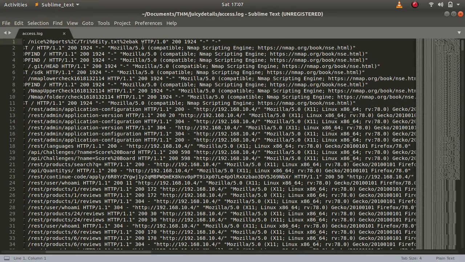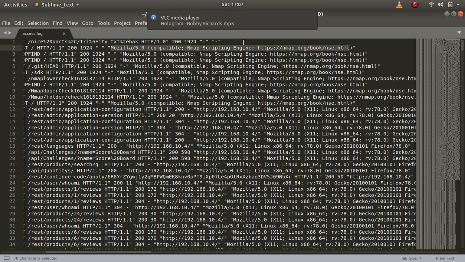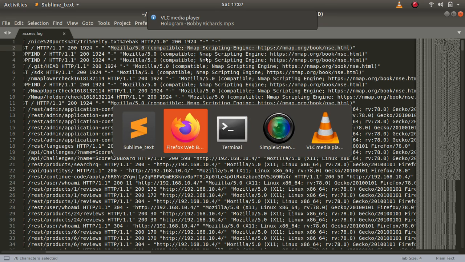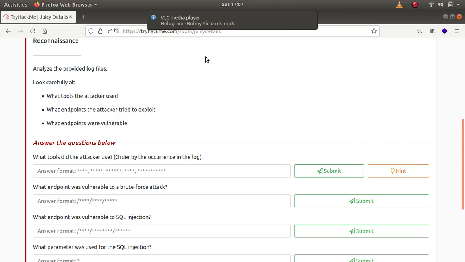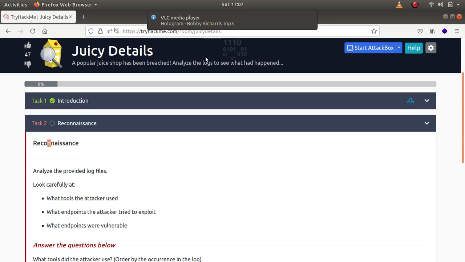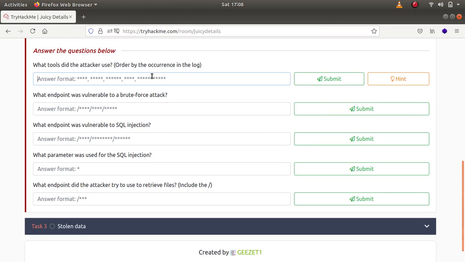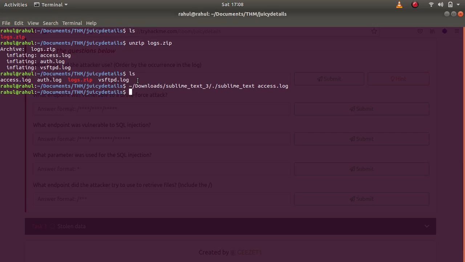The first one that seems to be used, as you can see, this is Mozilla 5.0, so we'll be looking basically for the headers. This part represents the headers. The first is Nmap Scripting Engine, so the first tool that was probably used was Nmap. So we'll be typing in, and as you can see, there are 1, 2, 3, 4, 5. There were 5 tools used. So Nmap. The second is,